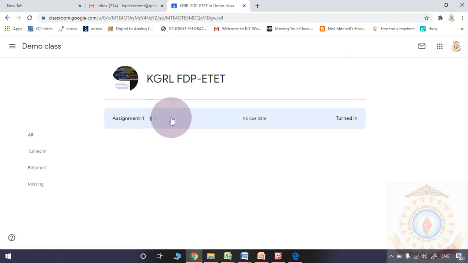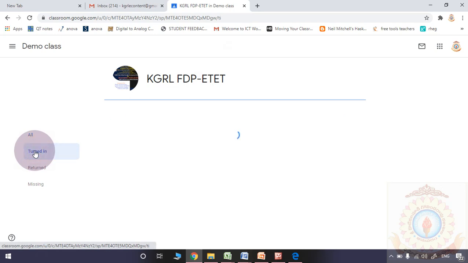So please observe, I clicked the mail ID of the particular student. For assignment 1, the student attached some document and turned in. Suppose I am checking, all the student members will come here. If I am clicking turned in, only the details of those students who turned in will appear in this place. Returned,